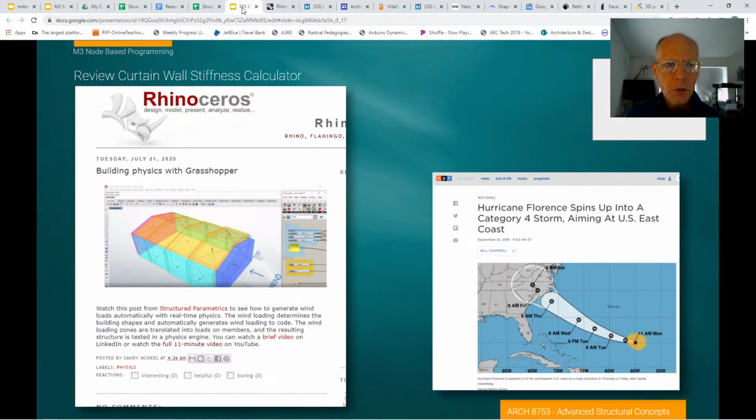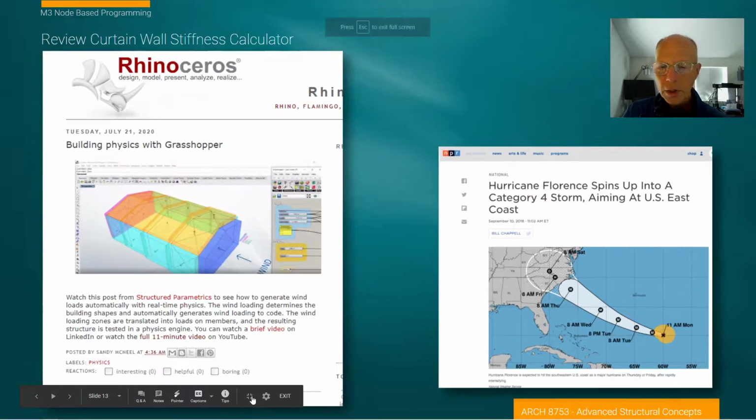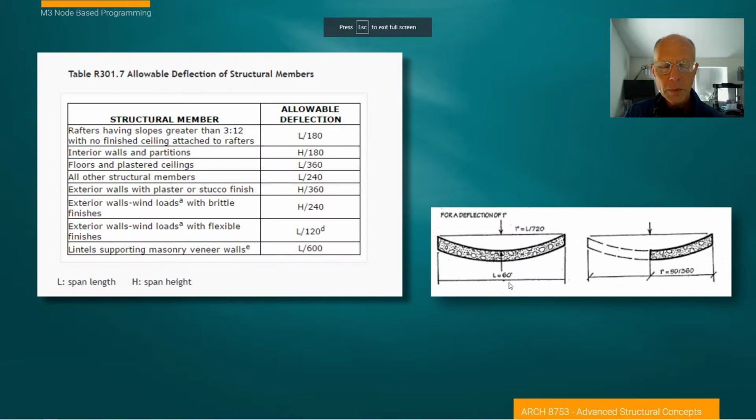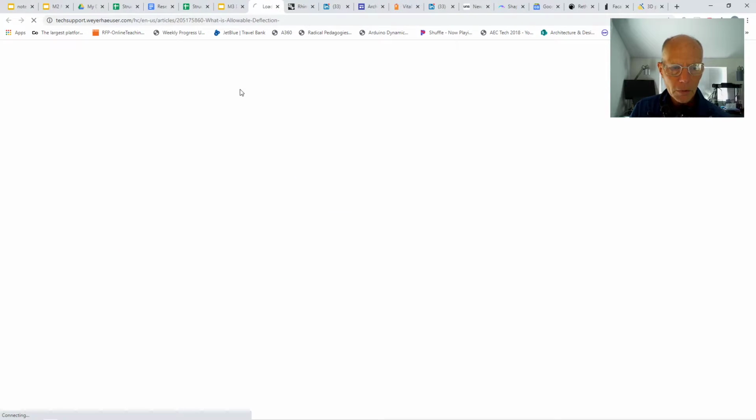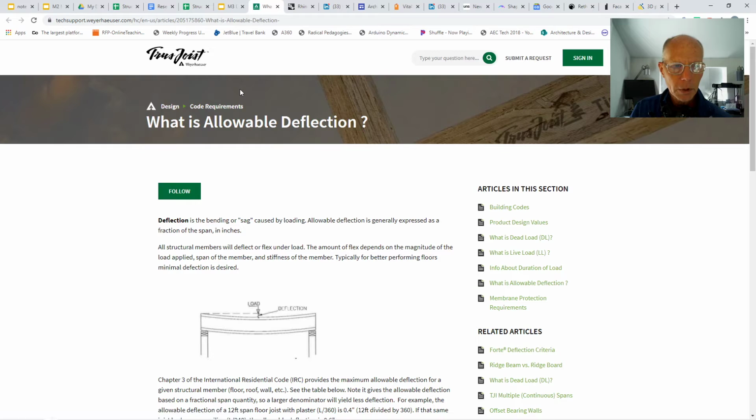We'll slip back to our presentation and try to go full screen. Okay, there we go. Here is another statement out of the code that deals with this idea of deflection. I believe this looks like R301. I think this is out of the residential code. I do have it hyperlinked, but it's out of a